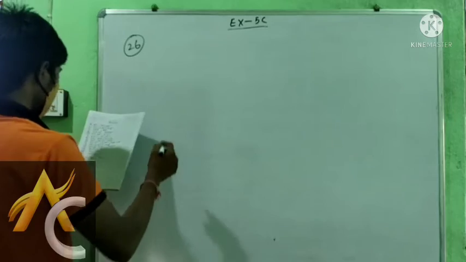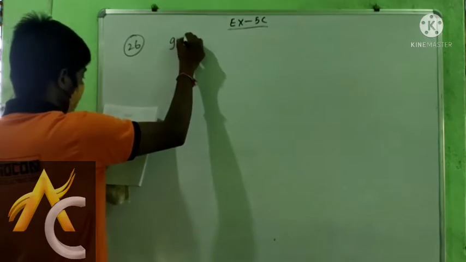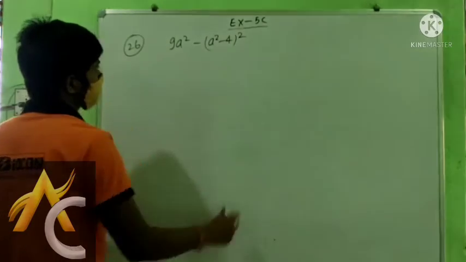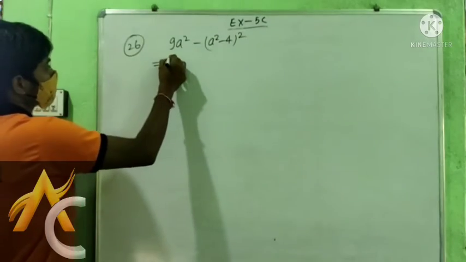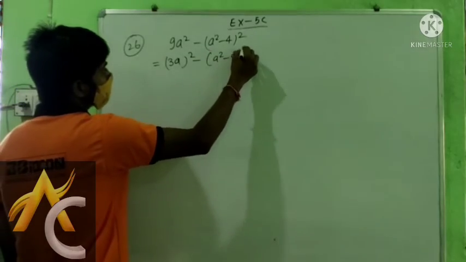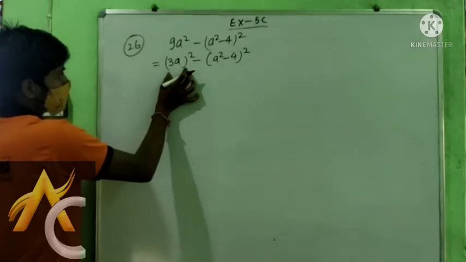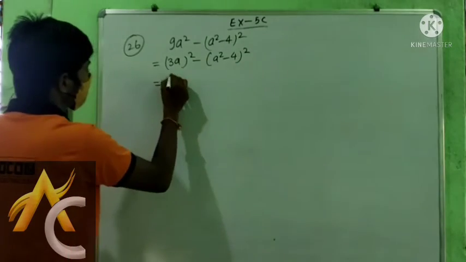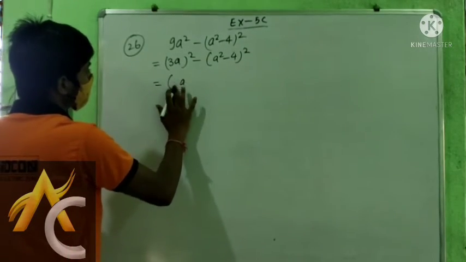Question number 26 is 9a square minus (a square minus 4) whole square. This is too easy. It is (3a) whole square minus (a square minus 4) whole square. Hence it is in the form of a square minus b square. So it will be (3a